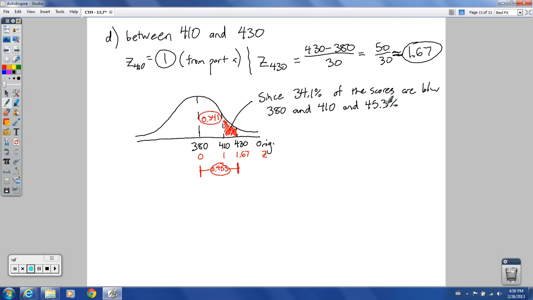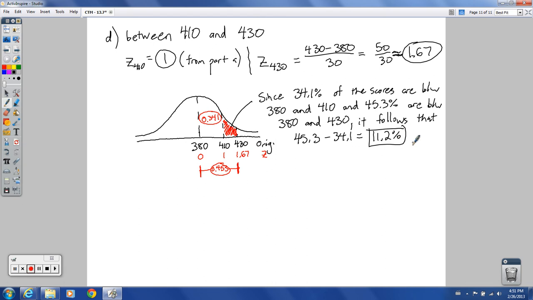Since 45.3% are between 380 and 430, it follows that 45.3 minus 34.1, that would be 11.2%. That is my answer. 11.2% of the scores